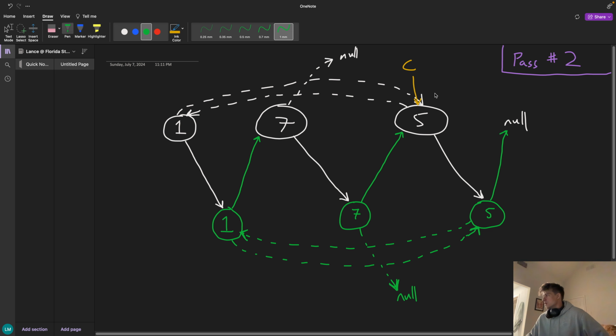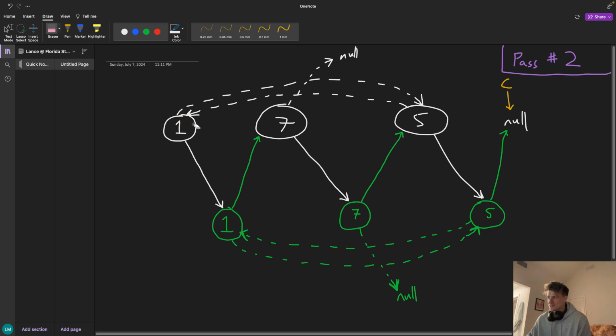Okay, so that's pretty much it, because when we slide current down to current next, current will be null. At that point, we're done looping for the second pass. All right, so we've handled the random pointers. As you can see, it pretty much exactly corresponds to the original list, but we have this issue where we